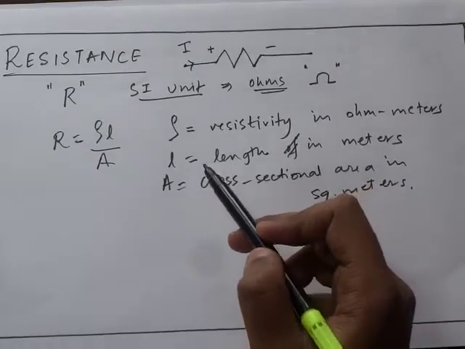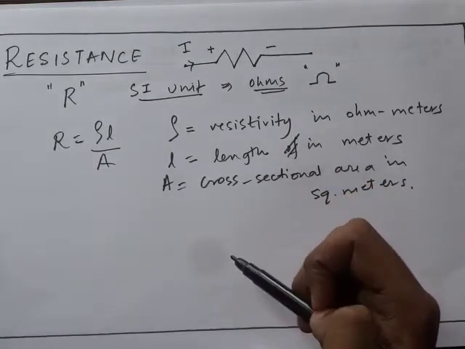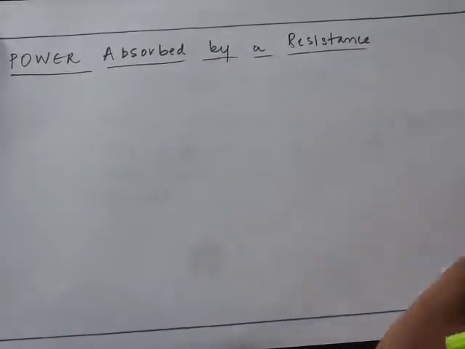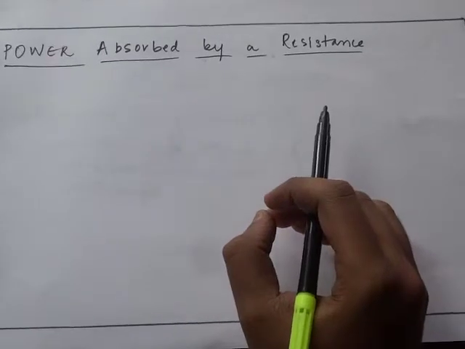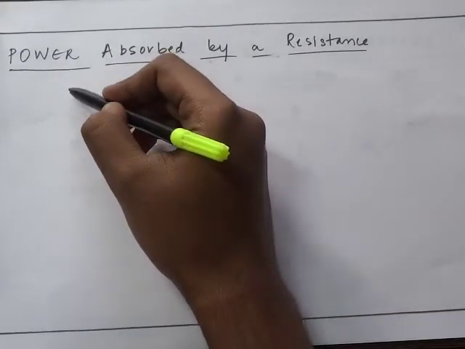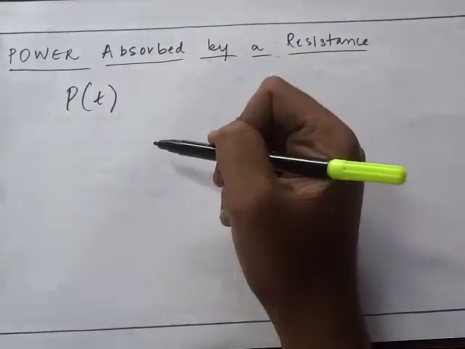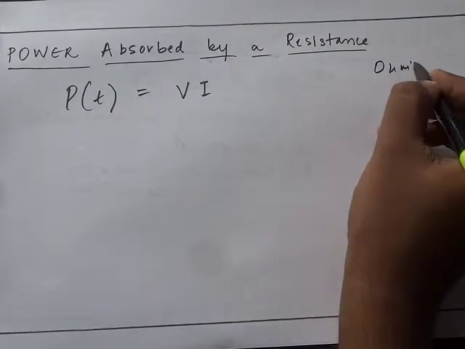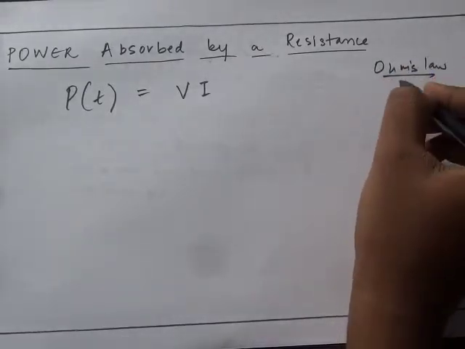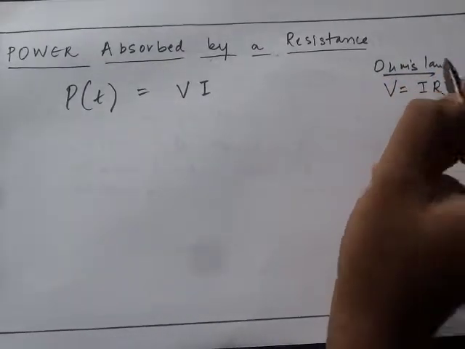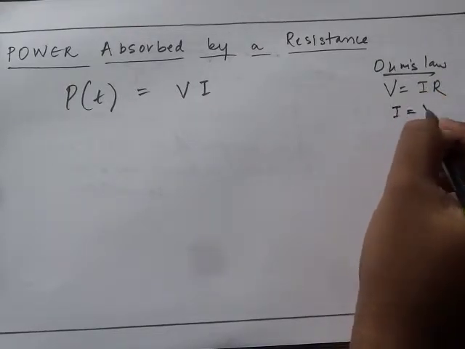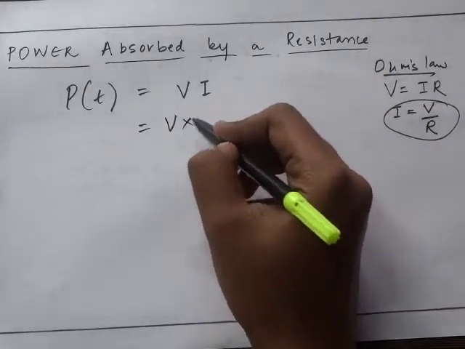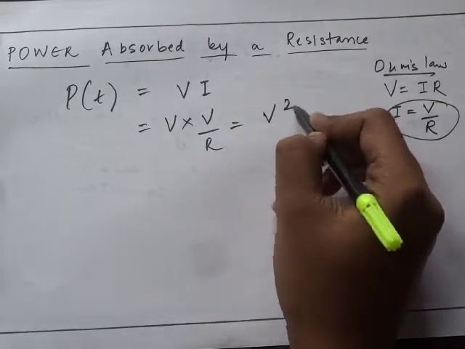Now we will see that when current is passing through a resistance, it absorbs some power. Power absorbed by a resistance is time dependent, so it is denoted as P of t, and it is given by V into I. By Ohm's law, as you may know, V is equal to I into R. So now I will write I as V by R. Substituting this value of I in this equation, this will turn out to be V square by